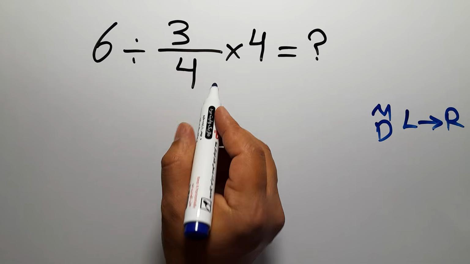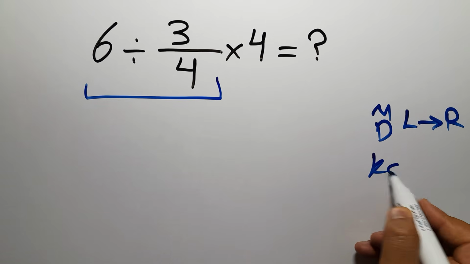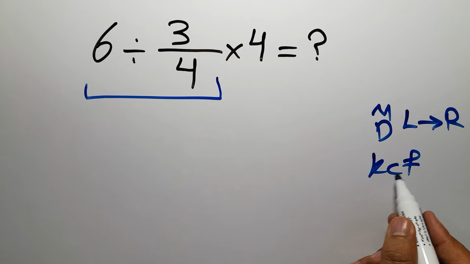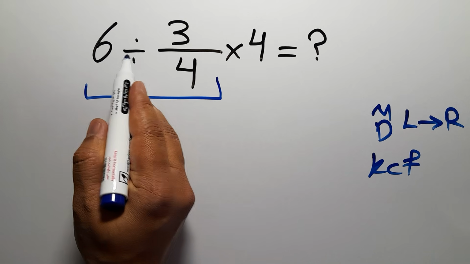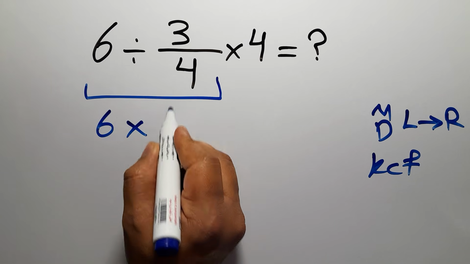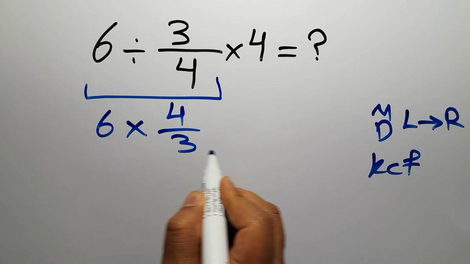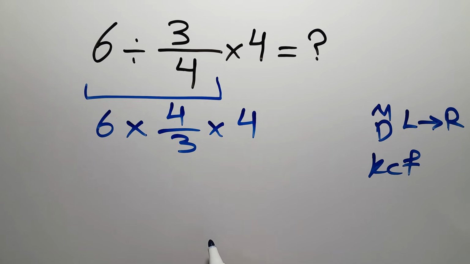6 divided by 3 over 4. According to the KCF rule, K stands for keep, C stands for change, and F stands for flip. Keep the first fraction, change division to multiplication, and flip the second fraction. So we can write 6 times 4 over 3, then times 4. Okay, and now